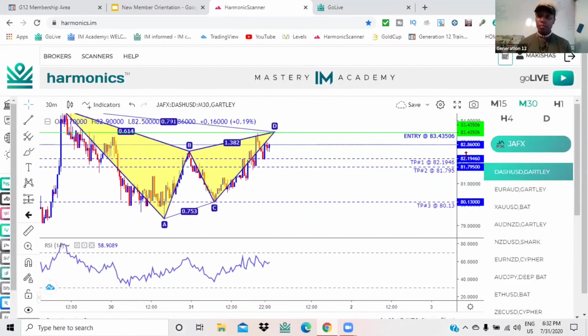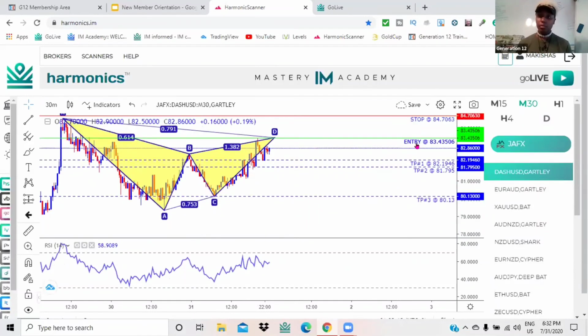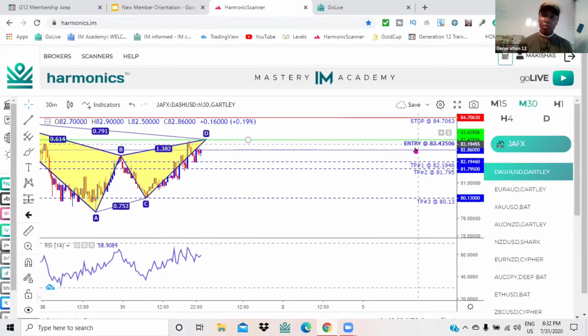Over to the right, see it says entry. See that? Might be kind of small, but it's where my mouse is. This is entry. So you're gonna take that number over into your MetaTrader 4, where the price area is, and then you got your take profit. And you have your stop loss. You need 3 different things. But I know you're wondering, okay, which take profit do I use? It doesn't matter. Whichever one you choose, always choose take profit 1, or sometimes take profit 2. It all depends. But if so, then I'm putting in 3 different trades. But what I want you to note is that it doesn't really tell you when to buy or when to sell.